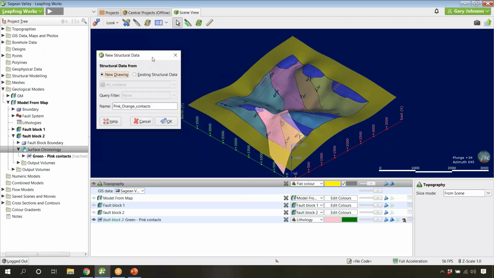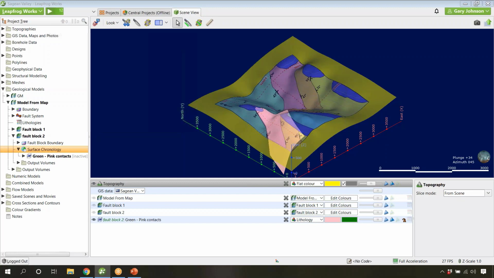Let's drag this over a little bit, and once again, we have existing structural data. I can use the drop-down arrow to select the contact between the pink and the orange. And I'm going to go ahead and press OK again. You'll see that when building surfaces in Leapfrog from bottom to top, or oldest to youngest, they will come in